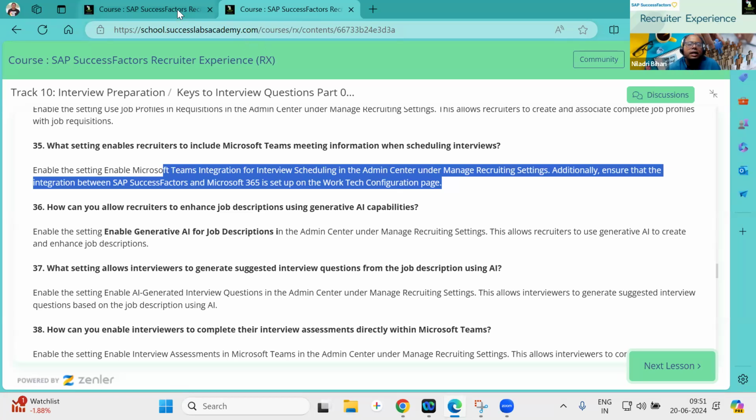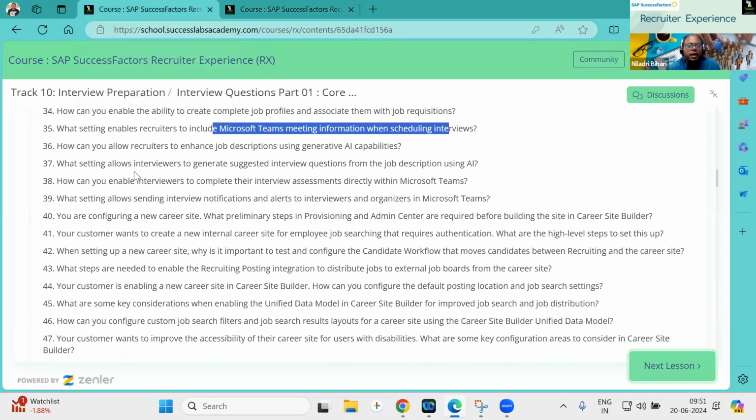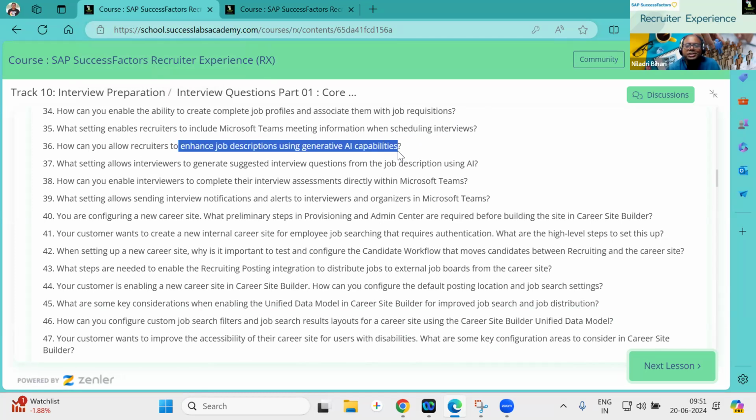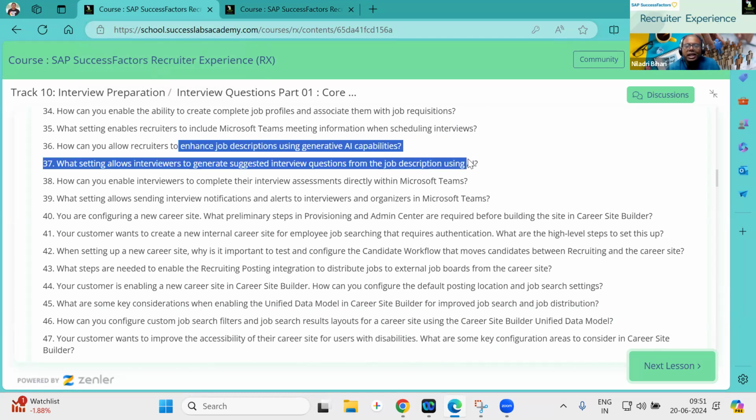Coming to the next question: how can you allow recruiters to enhance job descriptions? These are all generative AI questions, right? If you have enabled generative AI in your system, then definitely these are recent updates from the last couple of months, and definitely in the last release. One of the key use cases of generative AI in recruiting is that you will be able to get interview questions and job descriptions.